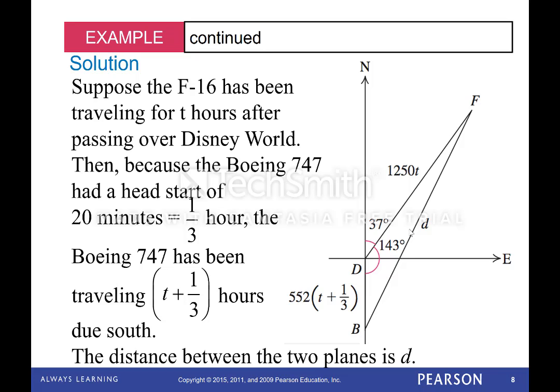Well, a few things we should note: from D, we have the 747 headed due south from our origin. Twenty minutes later, you have the jet flying over. Because of that 20 minutes, we're going to correspond everything to the jet time. So therefore, we have to add a little extra time to the